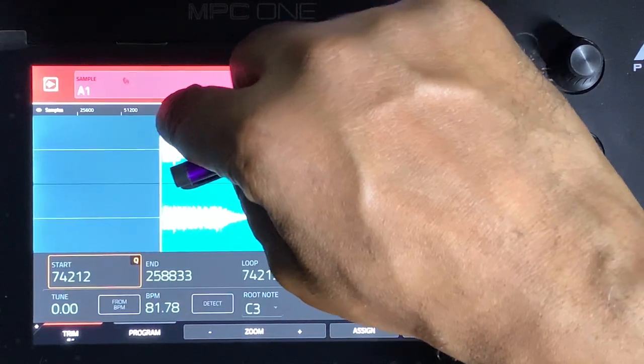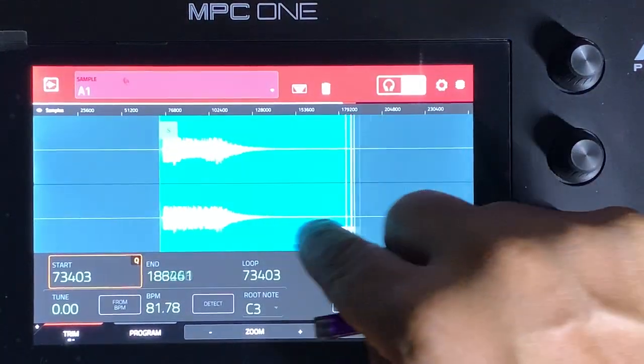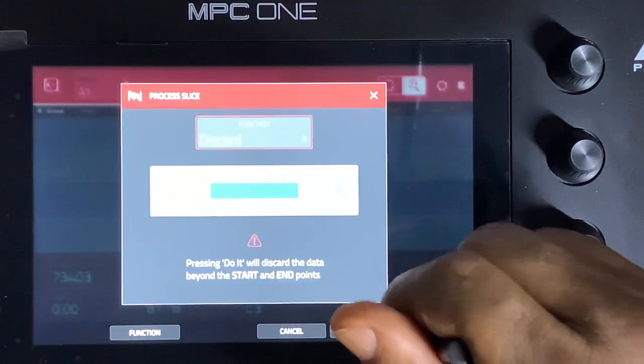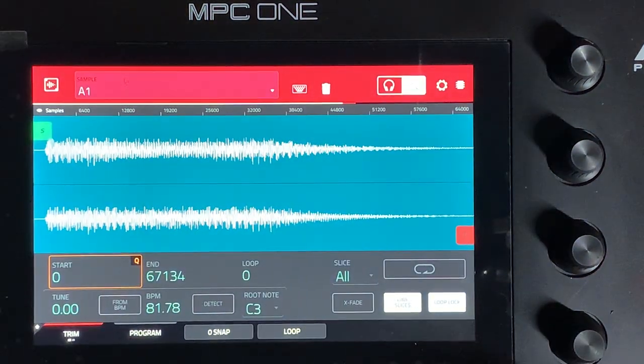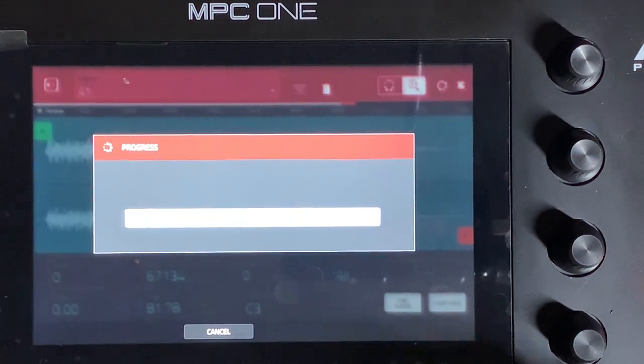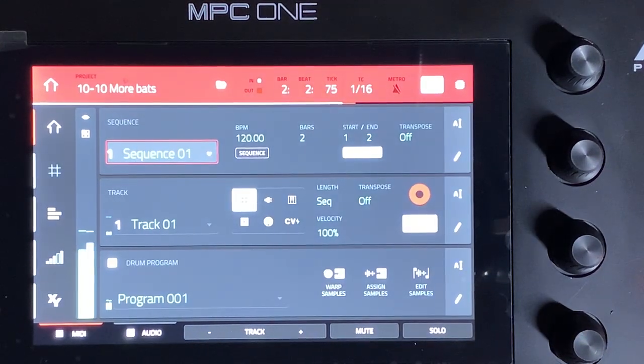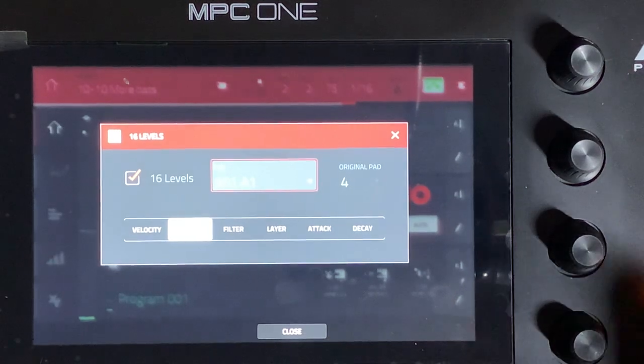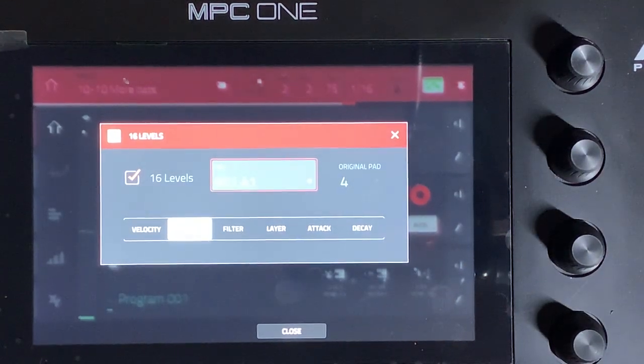Let's tighten it up. So we're gonna go hunting for it. And we'll just discard the rest. Discard, do it. Let's save where we are. Okay, so I got this one note there. And if I put it on 16 levels, you can do that. If you go to B,